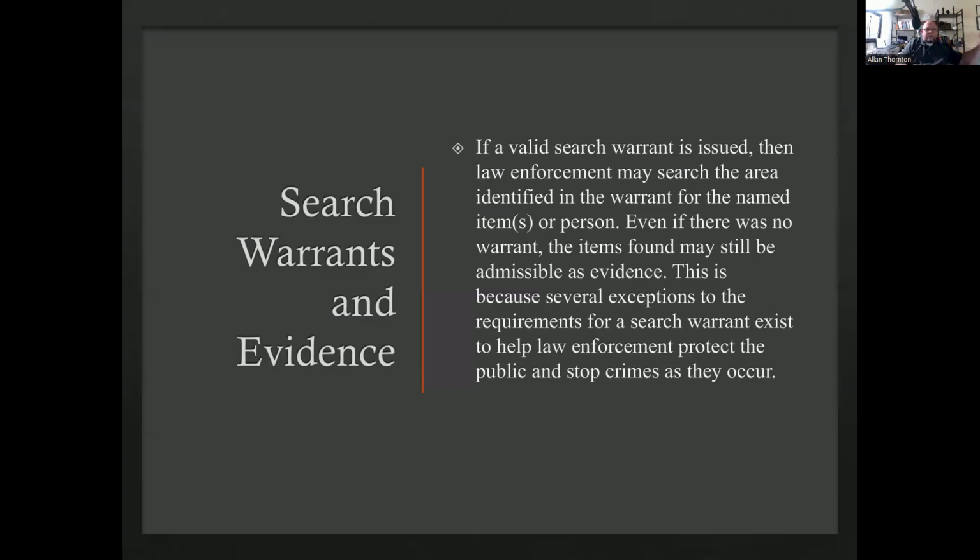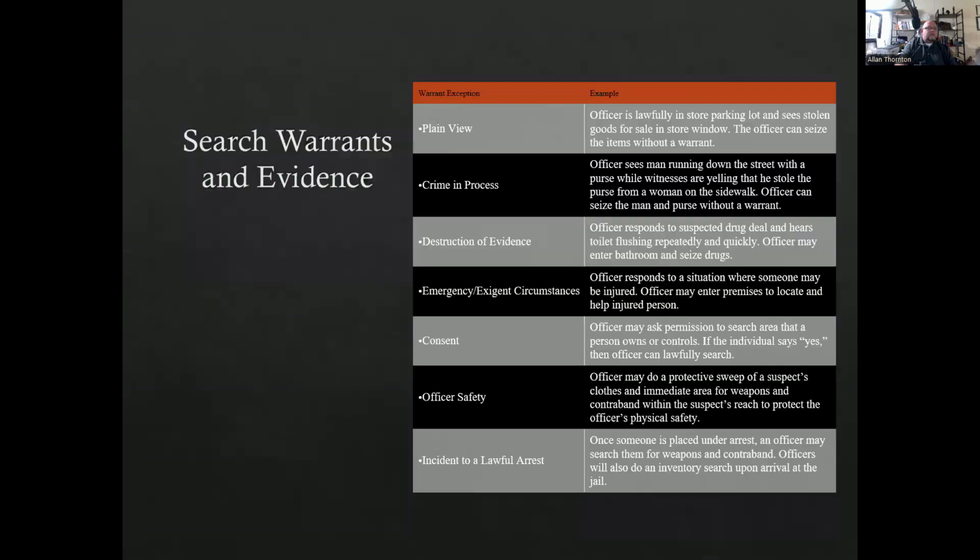That also carries into the reasons that they would not need a warrant in other cases also. Here are the exceptions. Plain view is an exception. That's the one I was just talking about. If an officer is in a store parking lot, they could just be doing a check. In small towns like this one, the deputies will ride through the parking lots of different stores once they shut down. They may shine their light, whatever, just to check things. If they see something going on, they can act upon it.